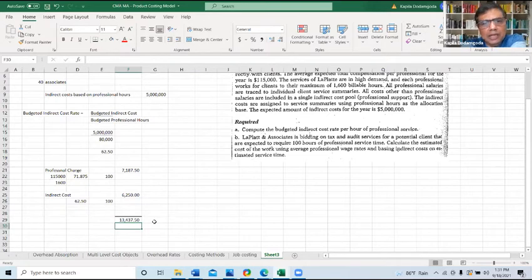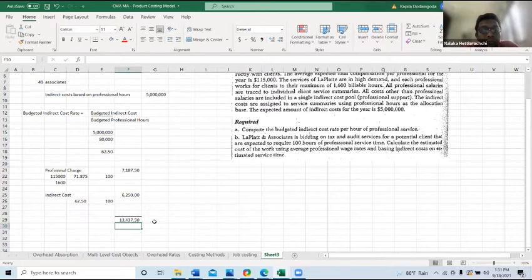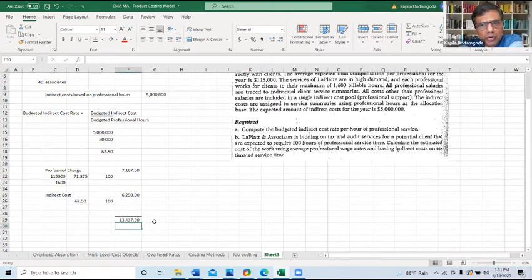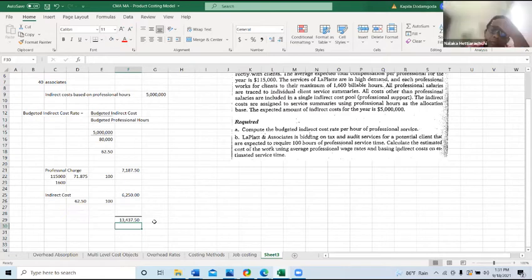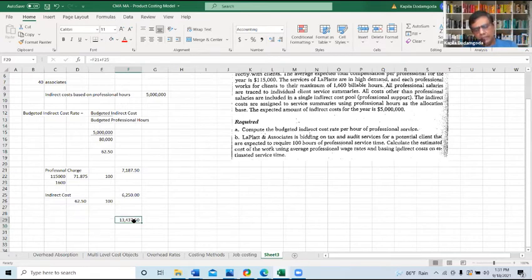Now tell me, say you visualize the scenario. So they have 50 people, right? Out of them 10 are partners, 40 are associates. And average salary is 115,000. Overhead base is 5 million. And this is the hourly rate they are using. Now this is the final outcome that they get. Now can you tell me, when you consider the different overhead absorption rates we were discussing, what type of rate is this?